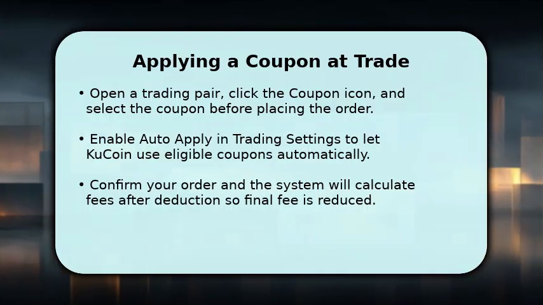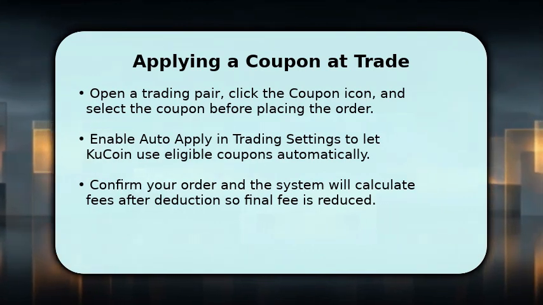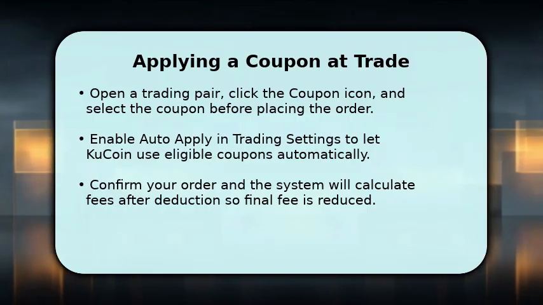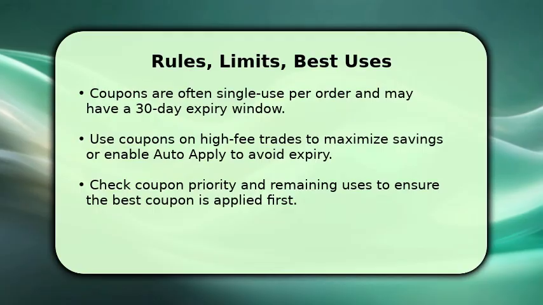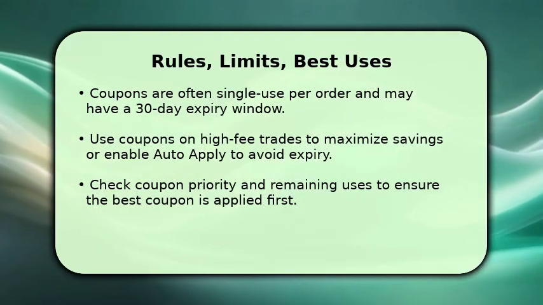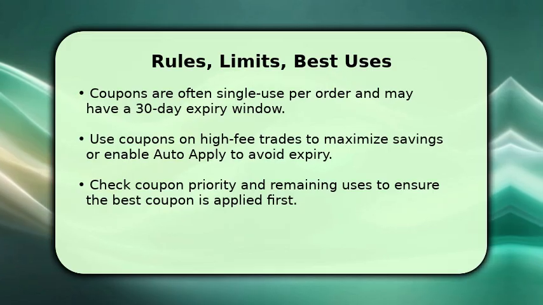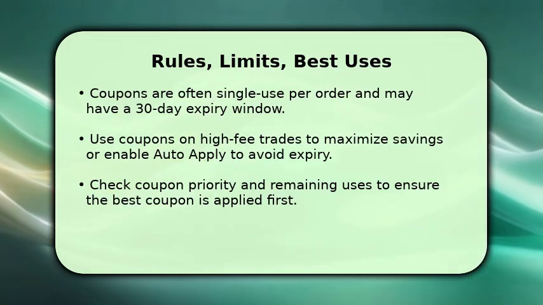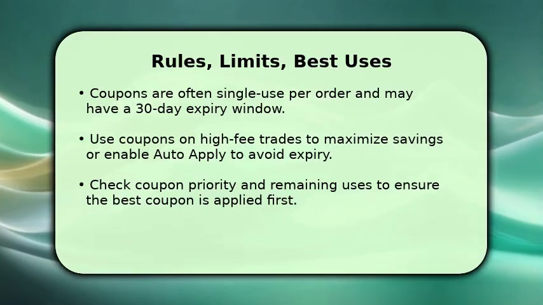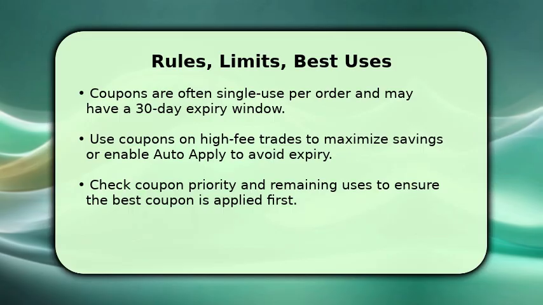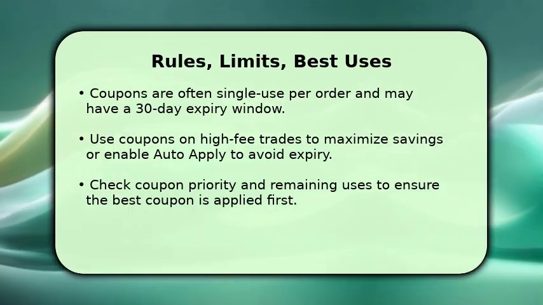coupon applied. Understand limitations. Most deduction coupons are single-use per order, have fixed remaining uses, and usually show expiry like 30 days from issuance. Use coupons strategically on larger trades or higher fee pairs to maximize savings, and enable auto-apply if you want Kucoin to attach eligible coupons automatically before expiry. Also check coupon priority and remaining uses so the system applies the most valuable coupon first. Monitor your